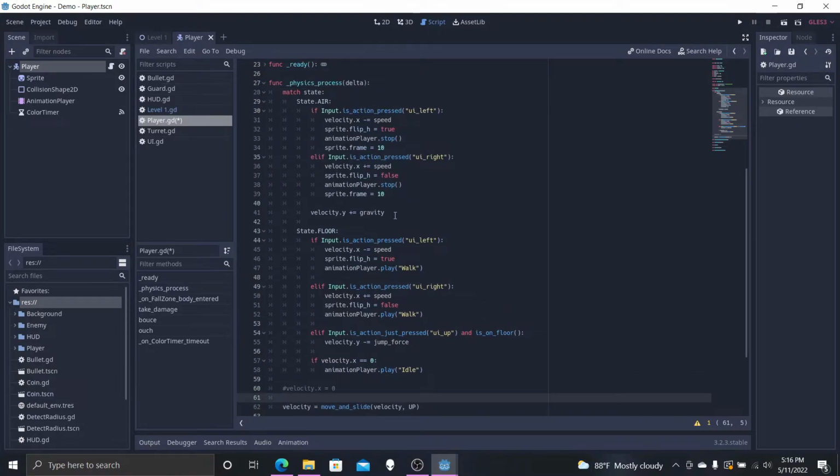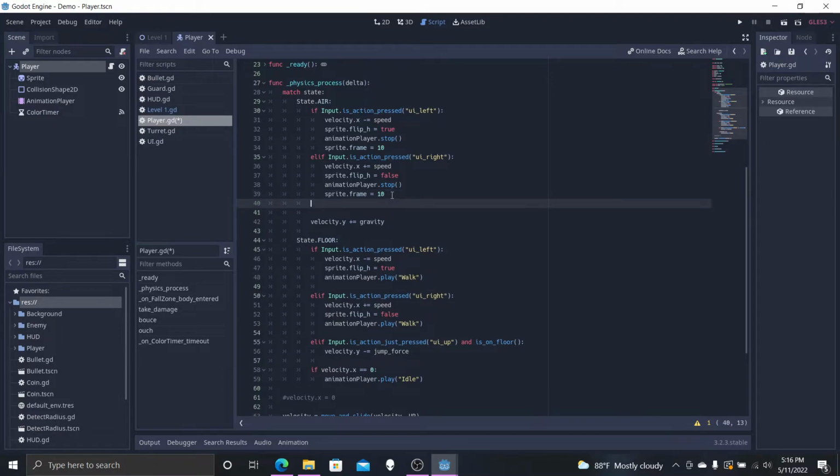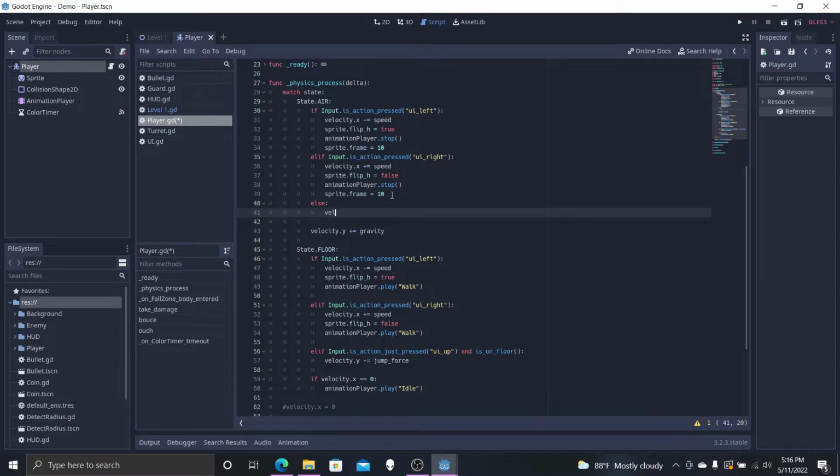But I almost forgot one thing as well. If we are not moving left or right, we need to then create an else function for the velocity in the x direction. So velocity x equals lerp velocity dot x to 0 by, let's go 0.2 for now. That should be good. We then also need to add this to the walking. If we're on the floor,